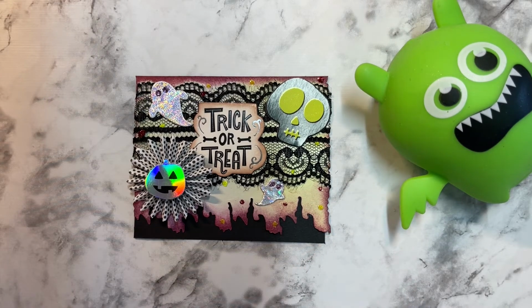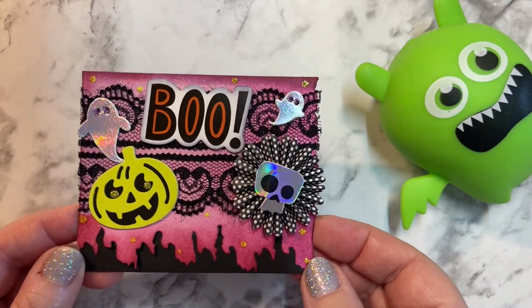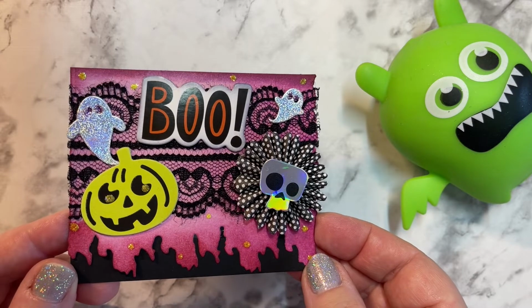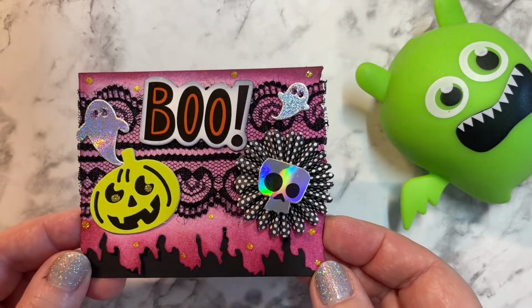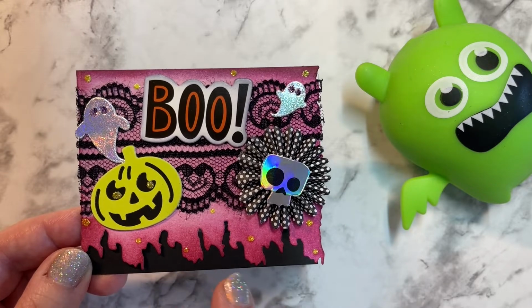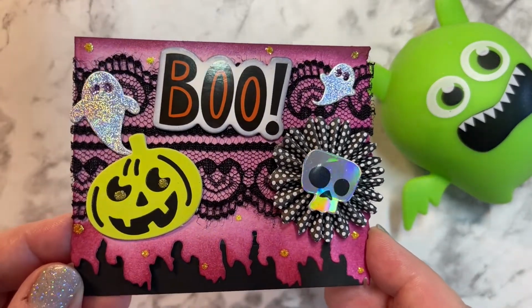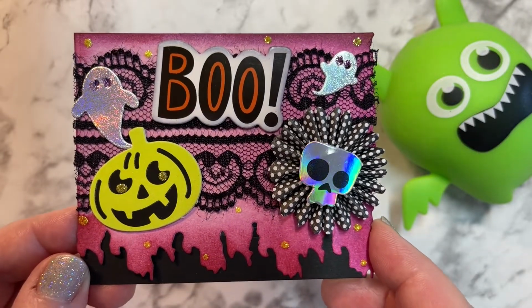So here's a look at the first one. Now this one was on more of a pinkish red watercolor background, so I accented that with the candy apple. Isn't that great? Just great distress color. I absolutely love candy apple, and